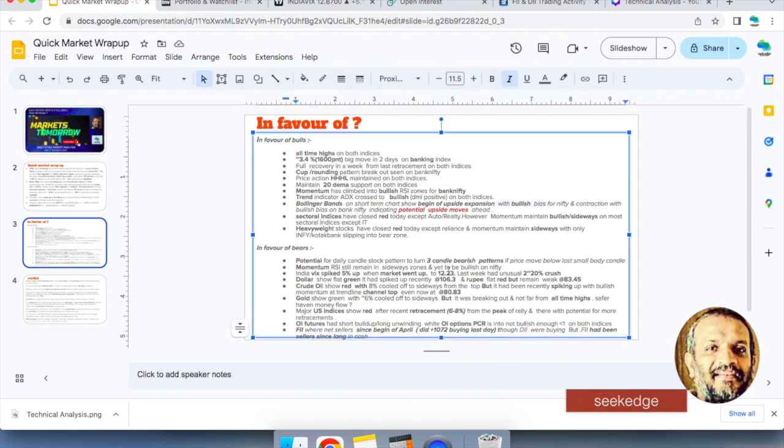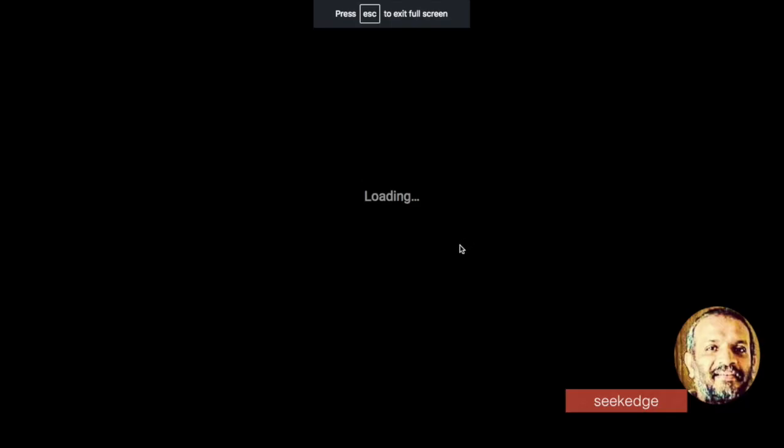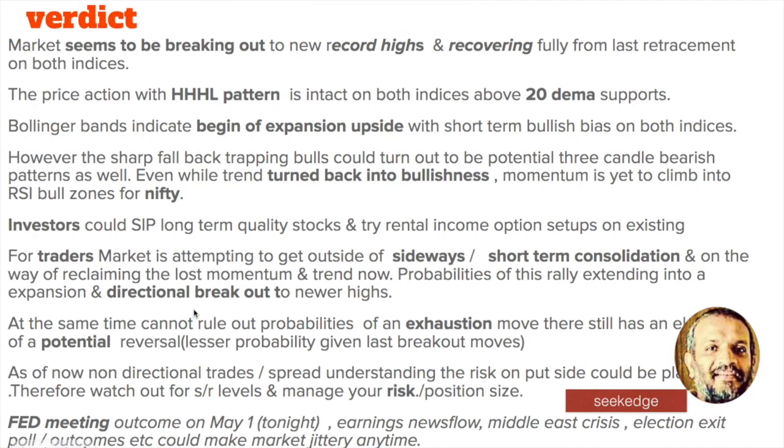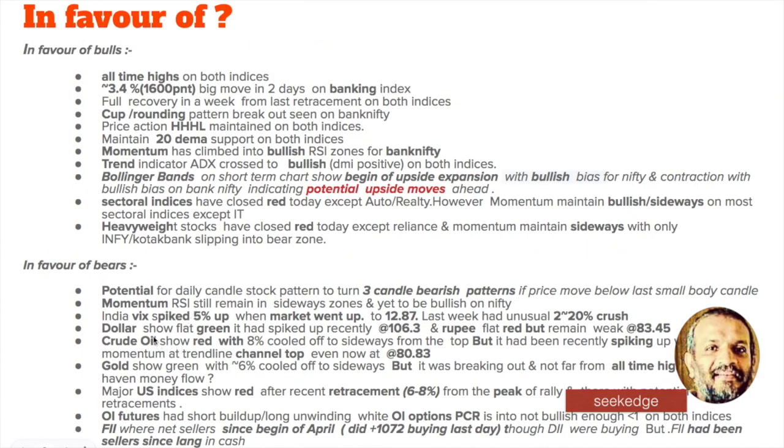That is something that goes in the bucket of the bears, because VIX is not behaving the way it should have. The index is green and spiking up about 6.3. The rupee is also weak as before, though centrally controlled by the Reserve Bank, at 33.45 and about 6.3. So that's not good for an emerging market like India.